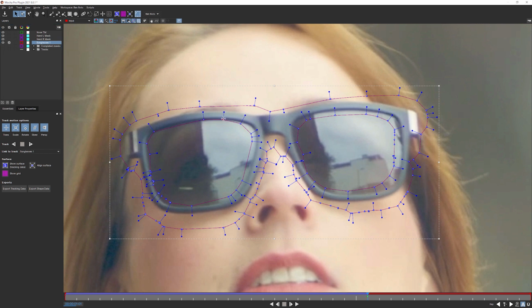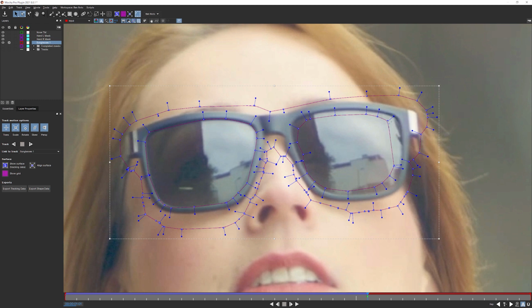I can drag these out a little bit so that they are much more in keeping with the actual borders of the sunglasses. Because I'm on my start frame, anything I do here is going to be absolutely fine. It's not going to change any of the tracking data, remember, because of that separation between the tracking data and the shape data. So we're just limiting that area there.